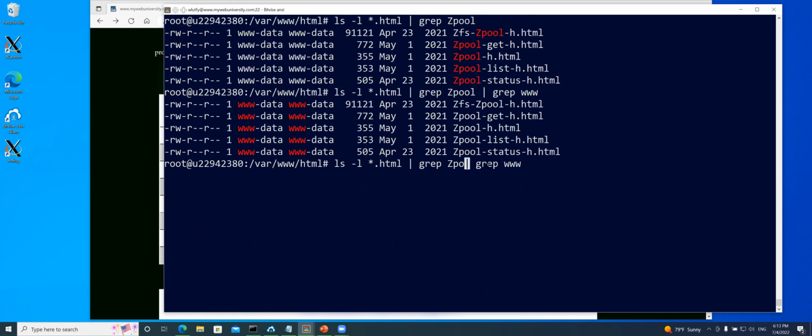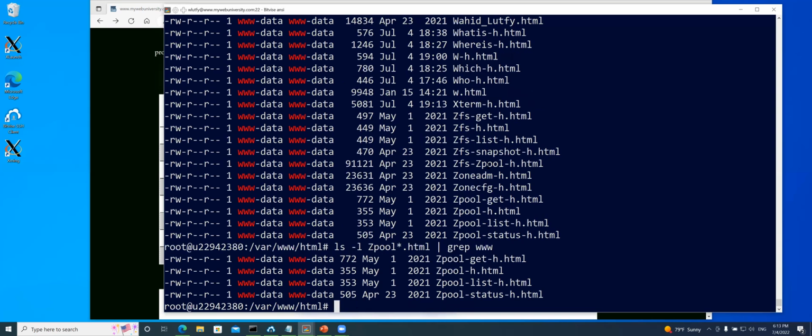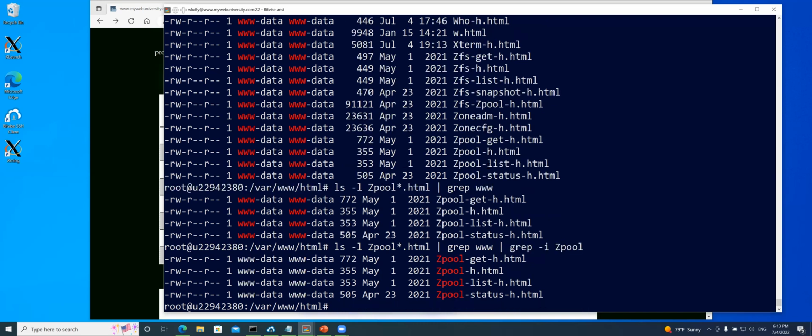Also, I didn't need two piping here. If I was interested only in that one, I could have done that. And then here, if I was just interested in zpool, I could have just done that, only to pick up that one. So grep is a global regular expression. I could do this, and now if I say, once you did that, I'm only interested in zpool,